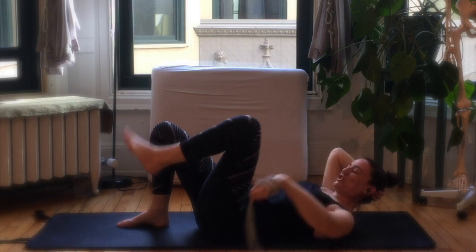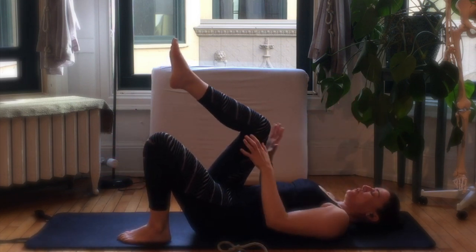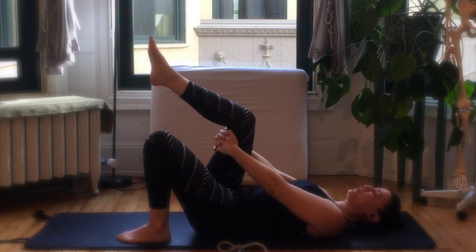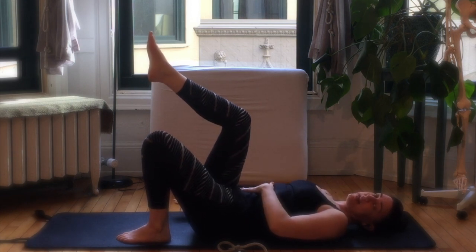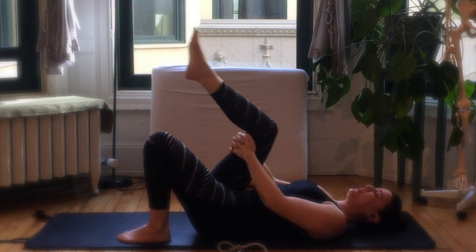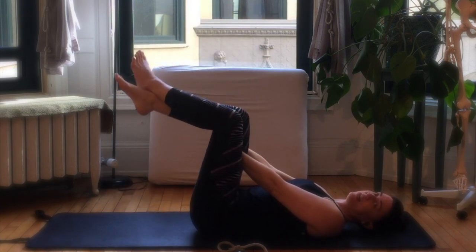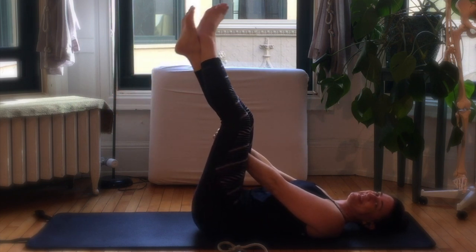And now let's switch to a stretch for your quads. So get rid of your rope. Bring your right leg up and grab behind your leg with both hands and let your arms come out completely straight. This will put your femur perpendicular to your body and perpendicular to the floor. So you don't want to be too far in like this, but actually pretty far out. Put your left leg on top of your right leg, and kick up for strength, and pull